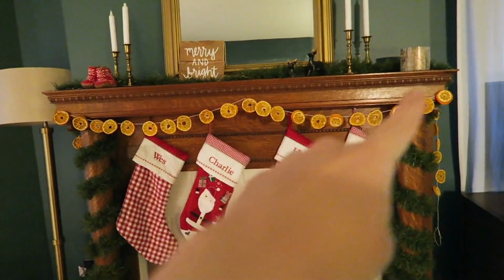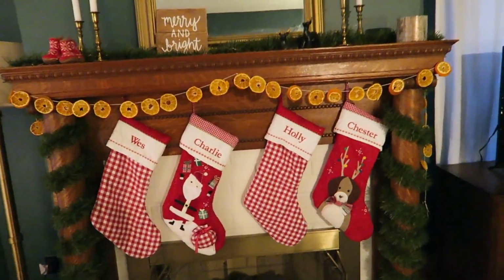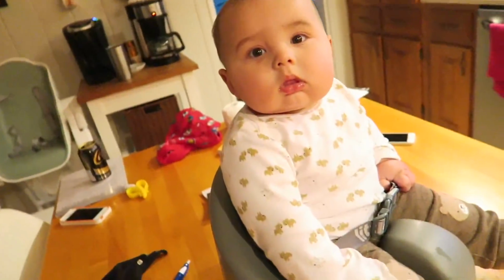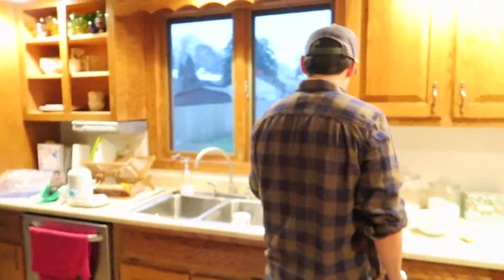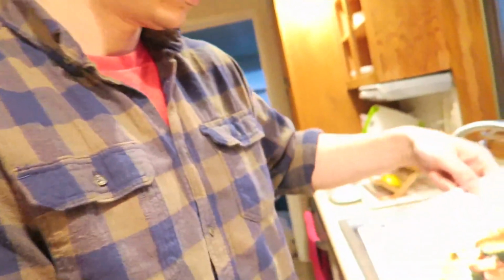I made this citrus garland, which was really fun. I should have filmed that, but yeah, that was a fun little craft project. Sweatpants are on, fuzzy sweaters on. I'm comfy. You comfy? You comfy, Hubs? Yeah. No, you're not. Also, I've got my new headband on from Olivia's store, Main Message. It makes me feel like a cute 1950s housewife, even though they would never be caught dead in the rest of my outfit. Anyway, we're about to get started on dinner, and we're making